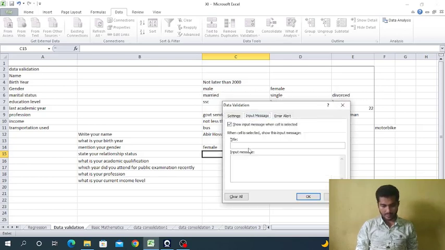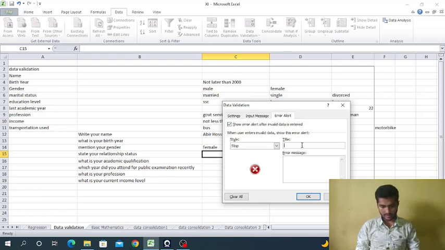Here is an input message: type your relationship status. And copy this and paste here.